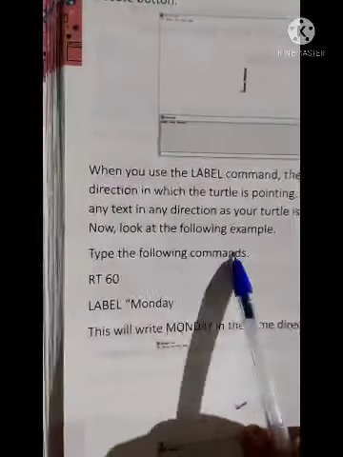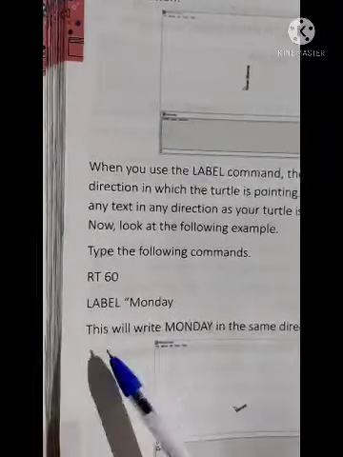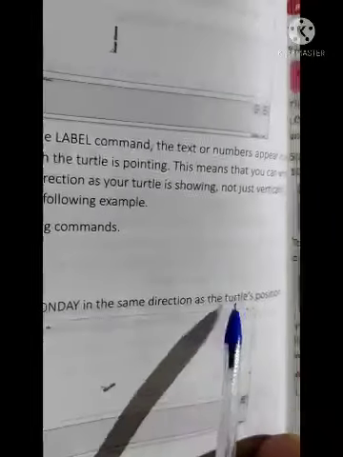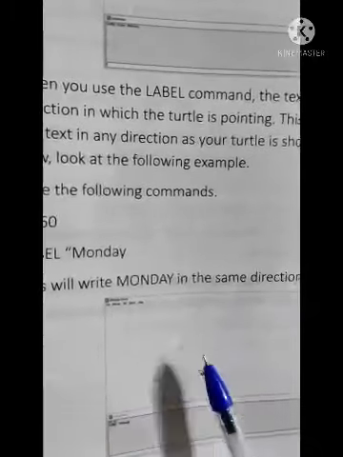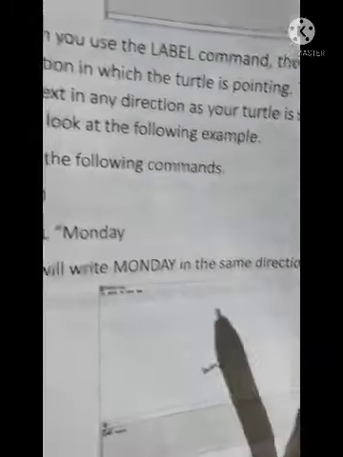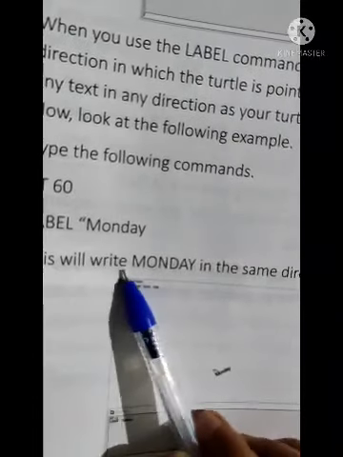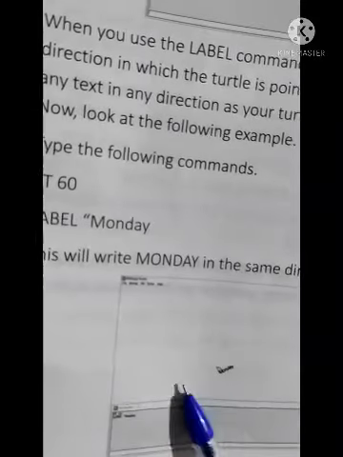Type the command RT 60 label Monday. This will write Monday in the same direction as the turtle's position.